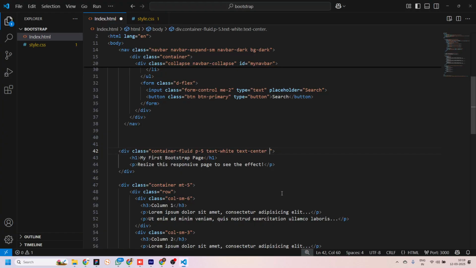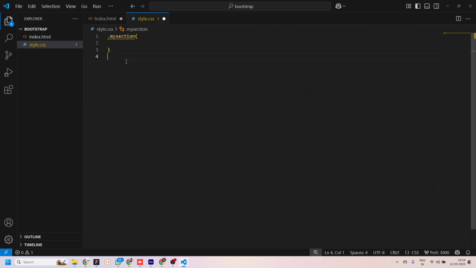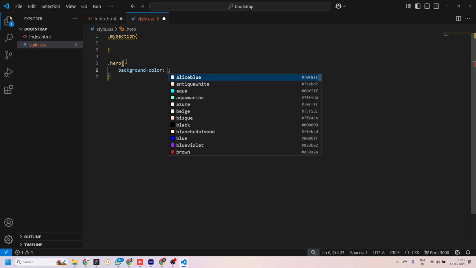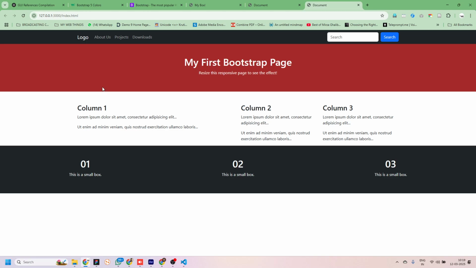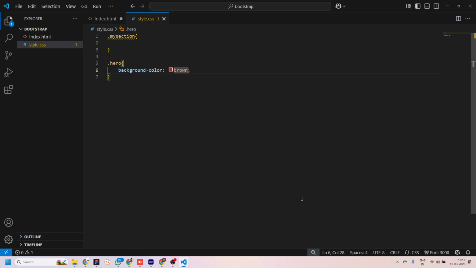So let me say, I'll just call it hero and define hero here, and I can go for a background color of my choice. ठीक है, so customization समझ में आ गया. हम्म? ठीक है. अच्छा, by the way, you can also add